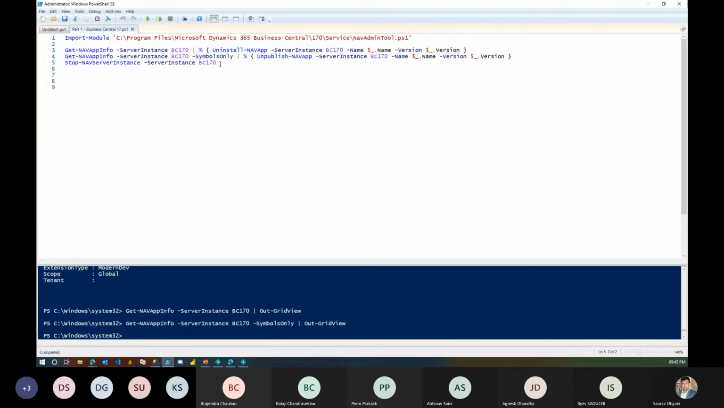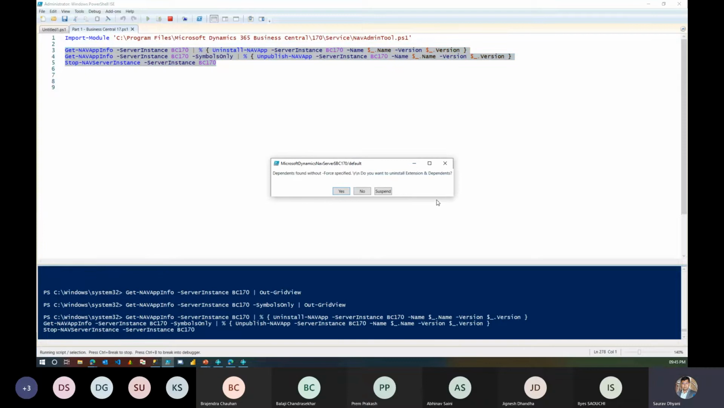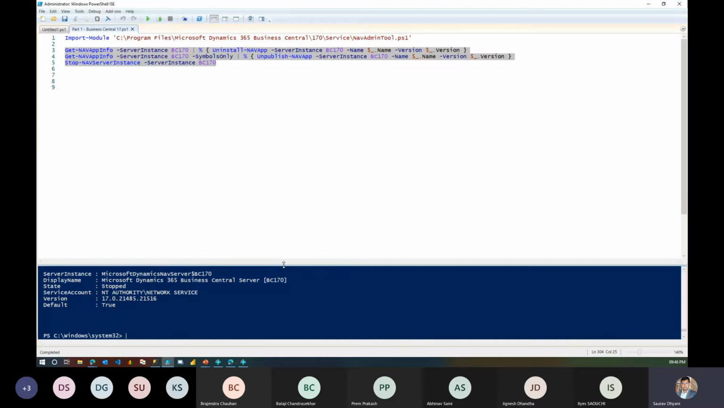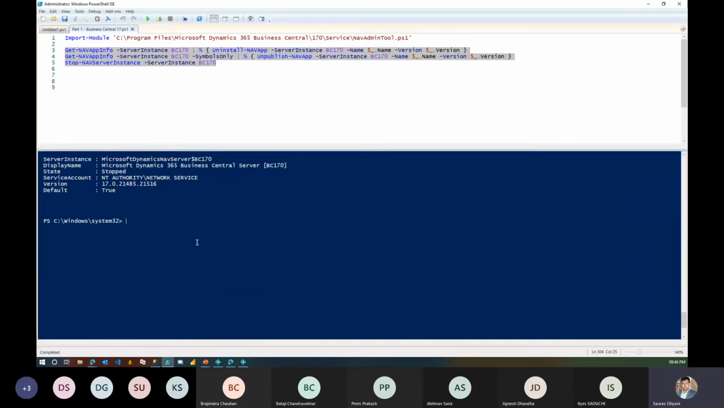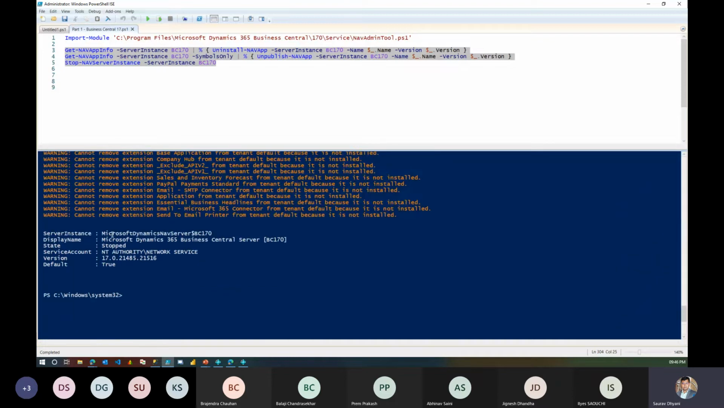Okay, let's do this. Because there is a dependency to one of the apps that I'm trying to uninstall, it's giving me a warning. I say yes, more. Okay, so all these apps have been uninstalled and the service has been stopped